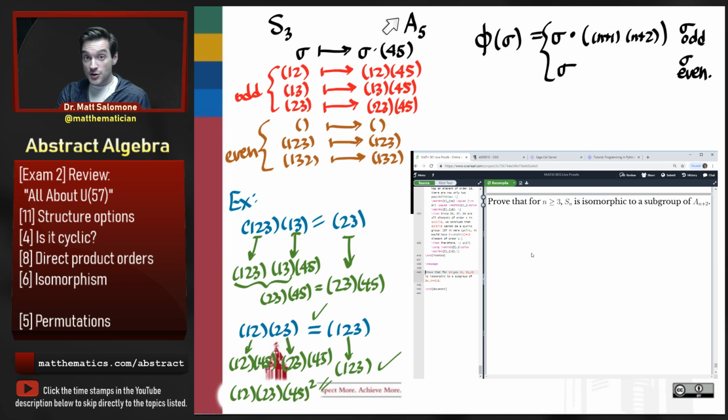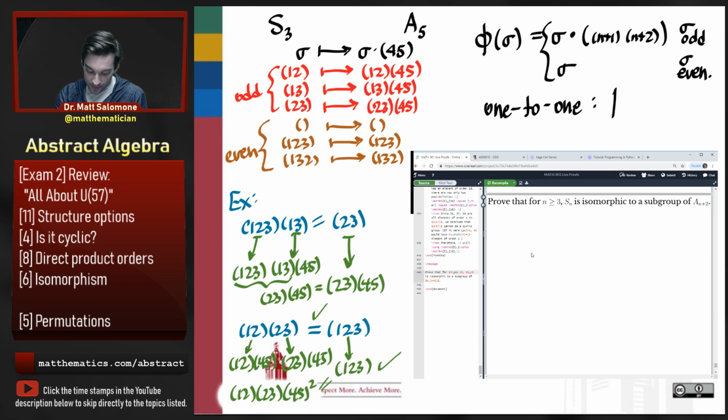But as long as the function is 1-to-1, then we know for sure that the image of that function is going to be a subgroup of A5. Right? So all we really need to show is that this phi is 1-to-1 and also has the homomorphism property. So why is it 1-to-1? The homomorphism property we talked about down here. You can imagine what the generalization for that looks like. It's 1-to-1